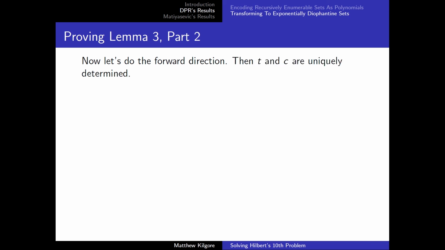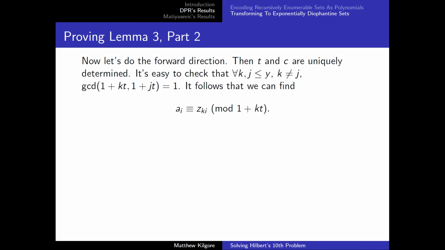Then t and c are already uniquely determined. It's easy to see that all k and j are distinct. GCD of 1 plus kt and 1 plus jt equals 1. It also follows that we can find an a_i equivalent to z_ki mod 1 plus kt. Thus, we have the previous equivalence f of x, y, k, z_k1 through z_km